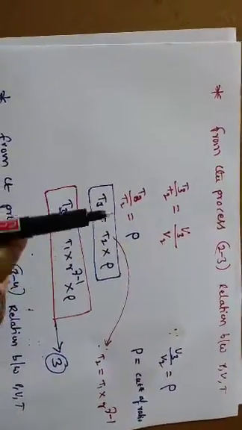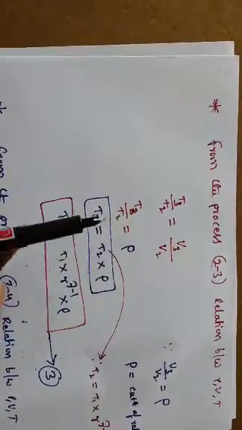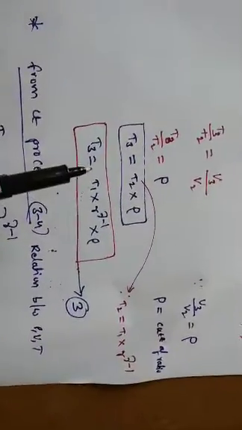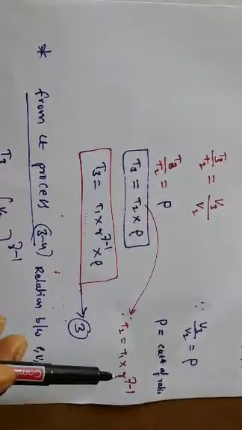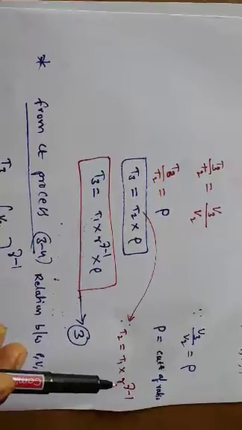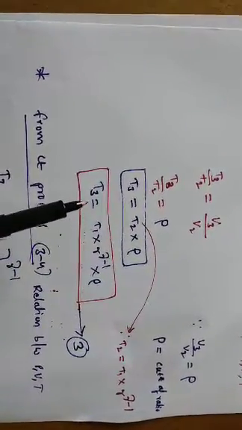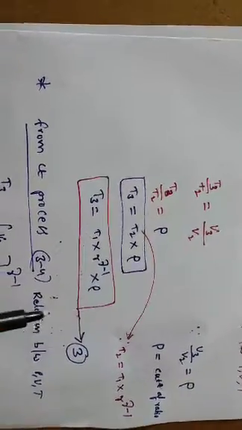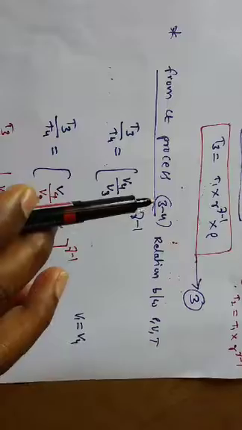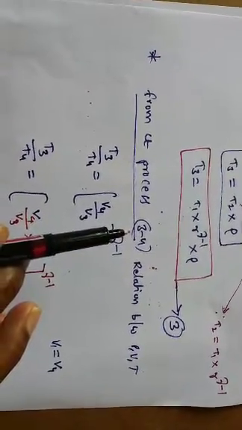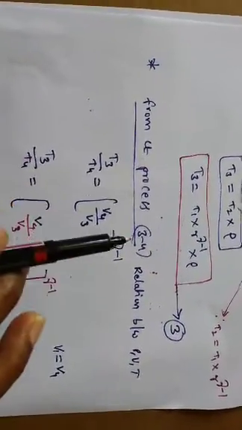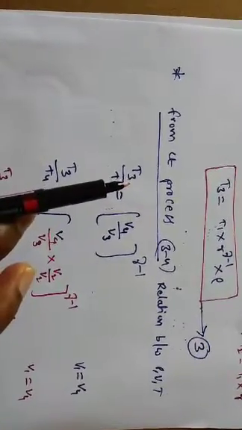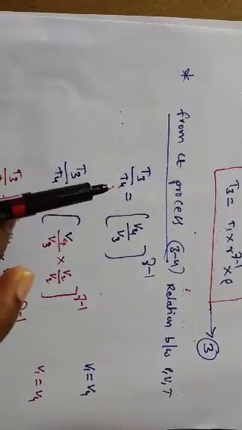So T3 by T2 is equal to rho. Therefore from this relation T3 is equal to T2 into rho. Already we know the T2 value. T2 is equal to T1 into r to the power of gamma minus 1, from equation number 2. Substitute that value here: T3 is equal to T1 into r to the power of gamma minus 1 into rho. So this is our equation number 3. So the 1 to 2 process is over, the 2 to 3 process is over, next is the 3 to 4 process. From the process 3 to 4, the relationship between pressure, volume, temperature is T3 by T4. Temperature T3 is higher than T4. That's why T3 is divided by T4.